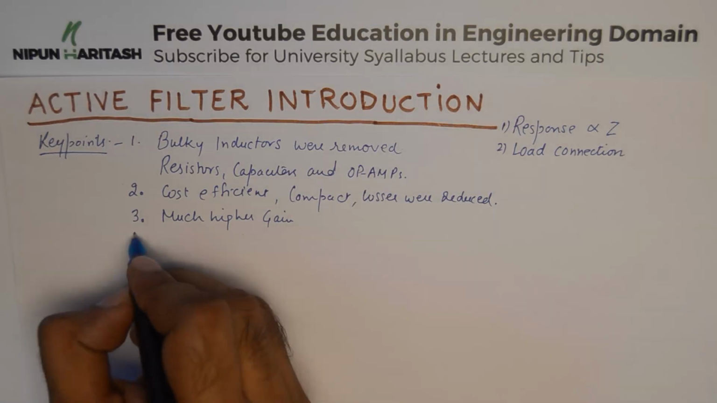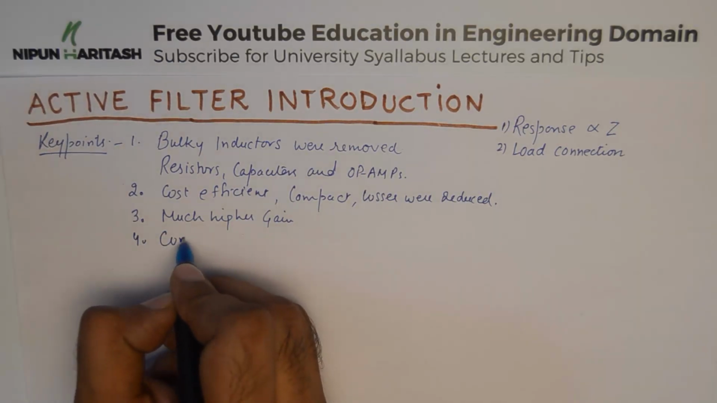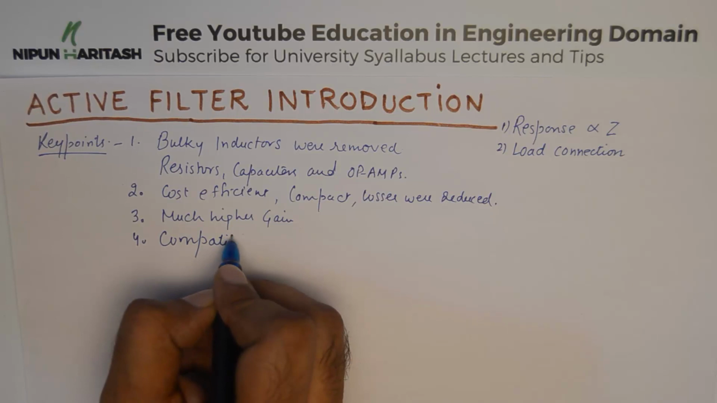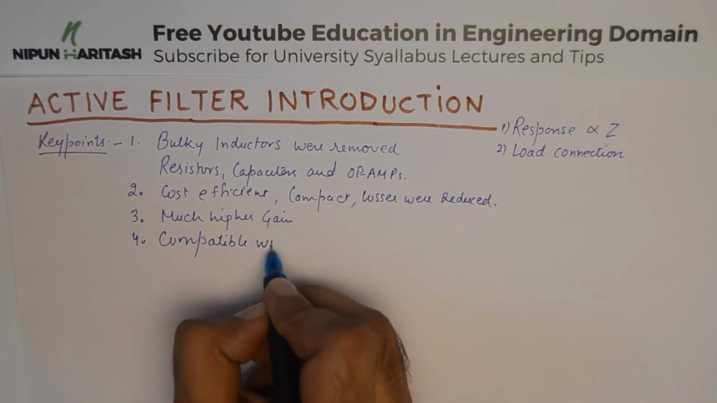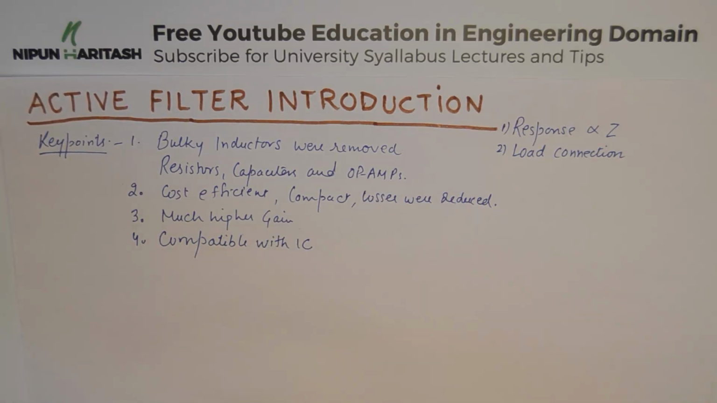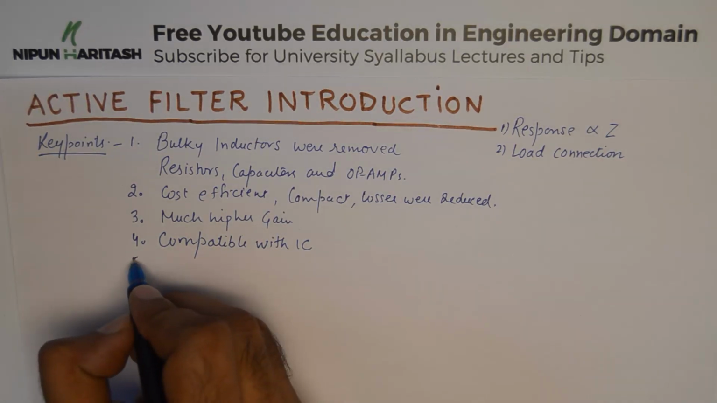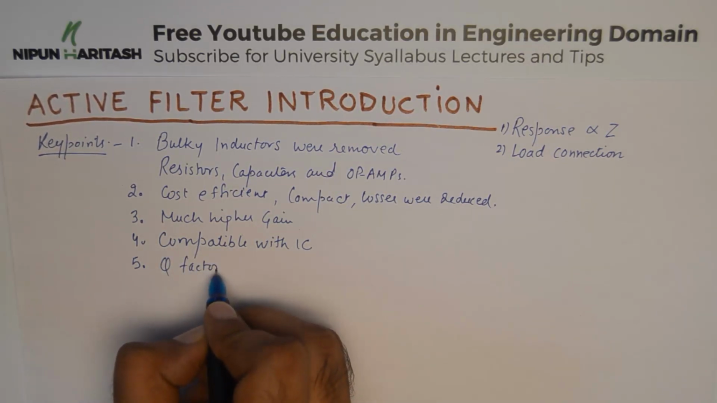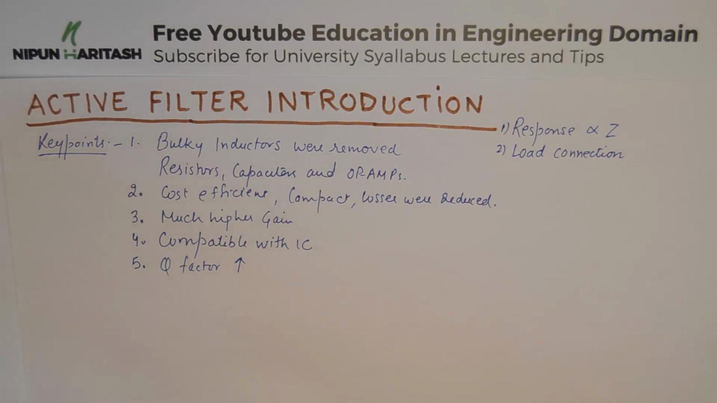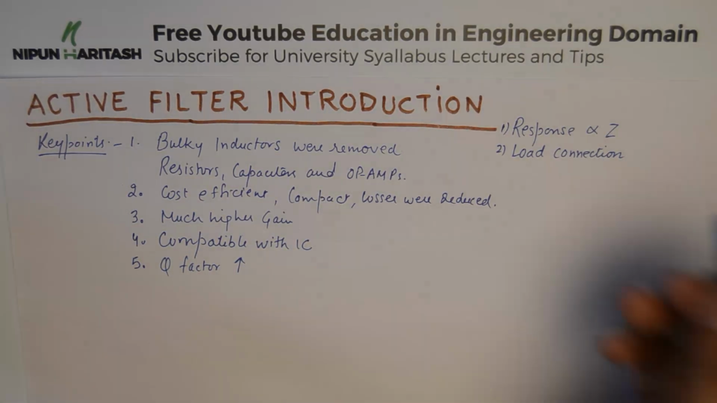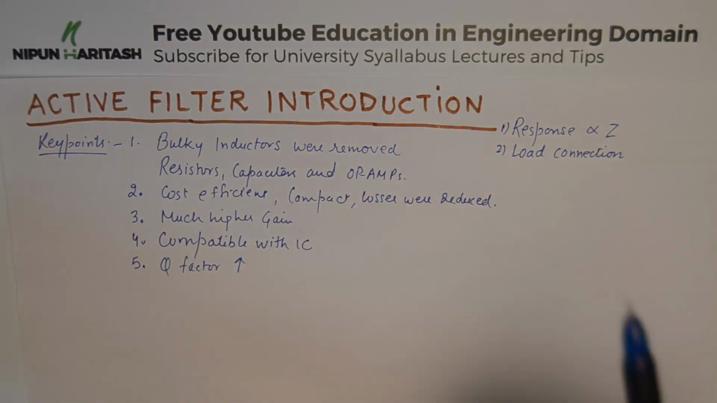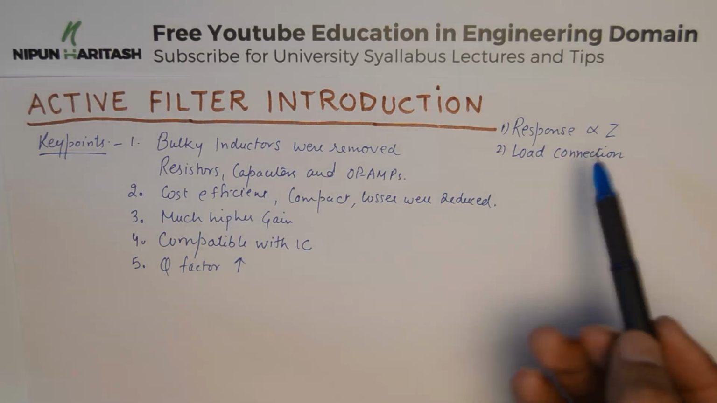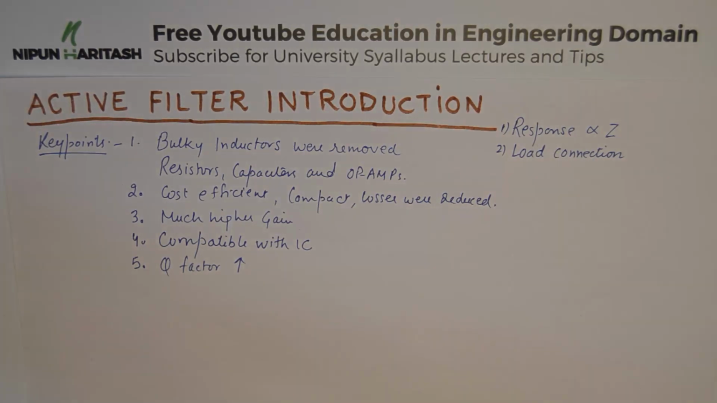And they were made compatible with ICs because the size has reduced considerably, so they were made compatible with ICs, and the Q factor has improved. So these were the key points. So you start off with discussing the limitations of constant K type and M derived filters, and you proceed on to the